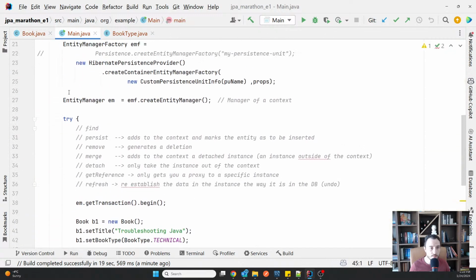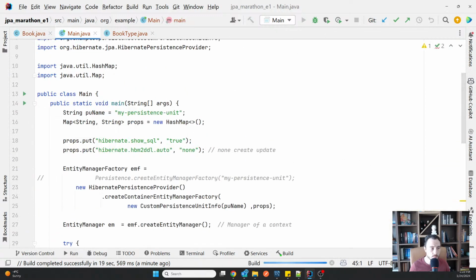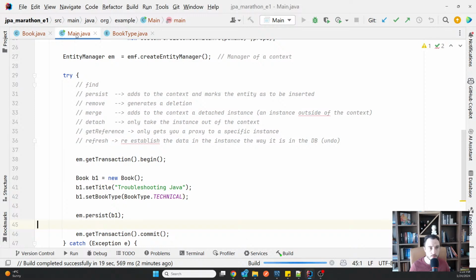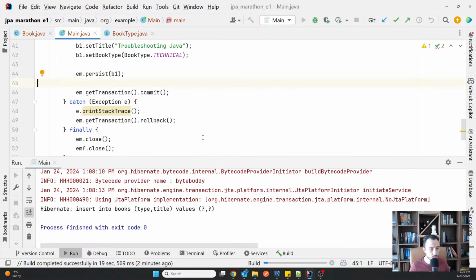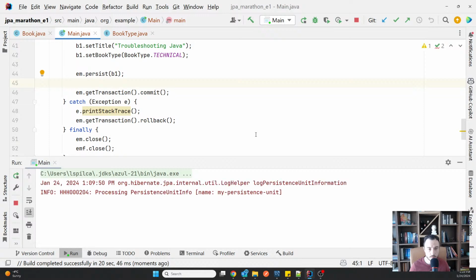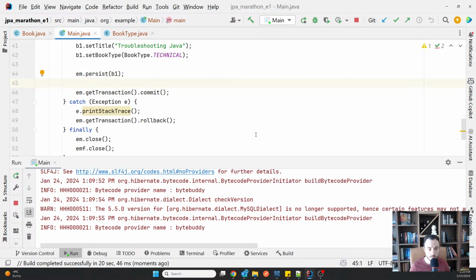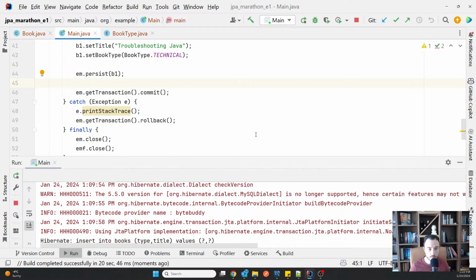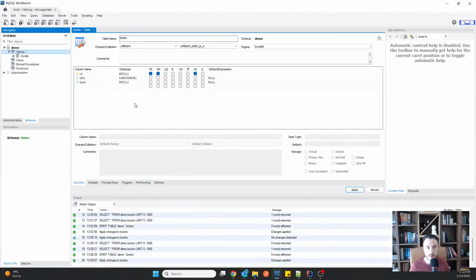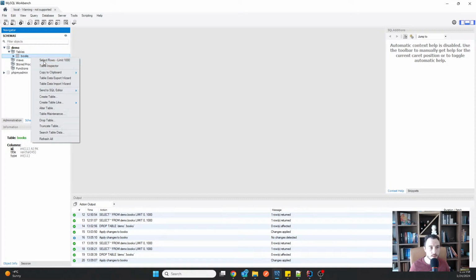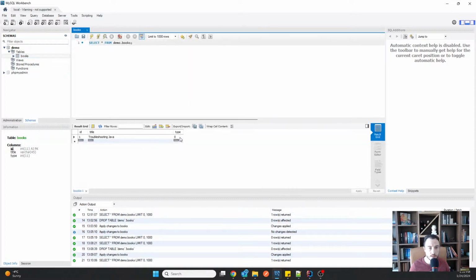And I'm going to run the same example the way it is. Okay, and now check again in the database. And what you will see is that type is 0.